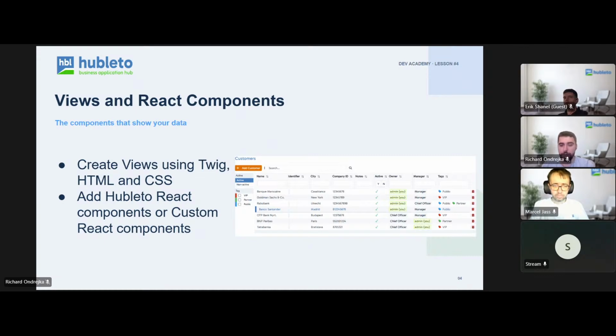Inside views, you can use the variables that were passed through the connected controller, and you can show the data of the variables inside the views. The other way to build the views is to insert the Hubleto React components or the custom React components you can create yourself